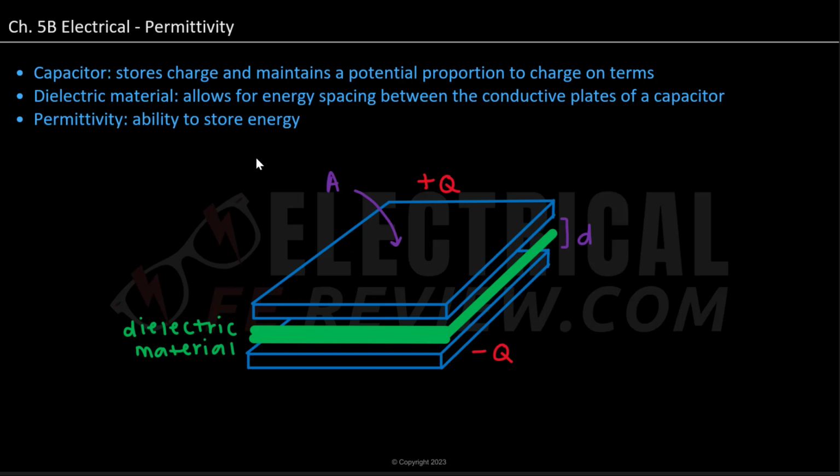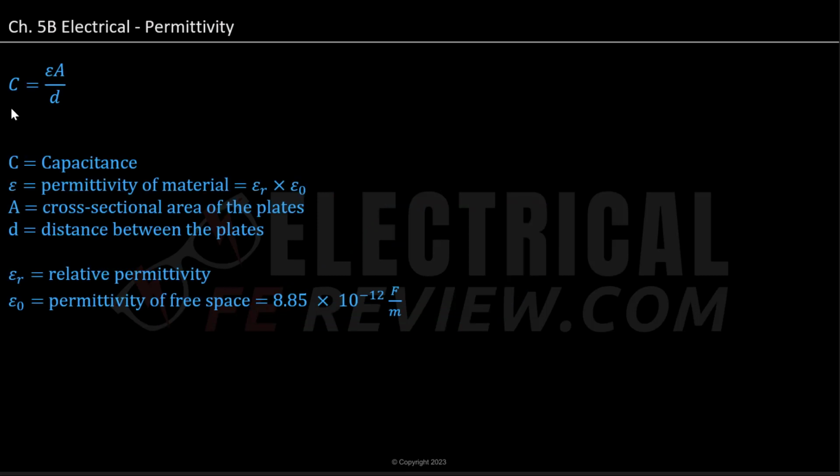We can further see the relation between capacitance and permittivity in the formula. Let's go ahead and wipe the board to further understand the relation between permittivity and capacitance. So for our formula, capacitance, which is denoted as variable C, is equal to epsilon times A divided by d,